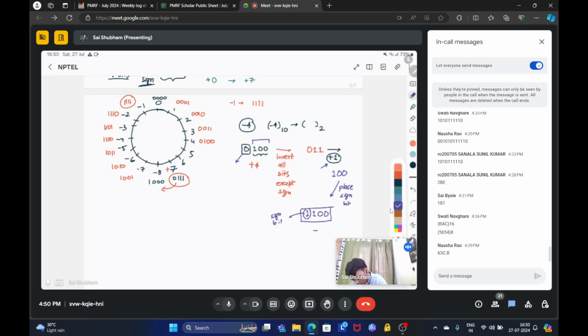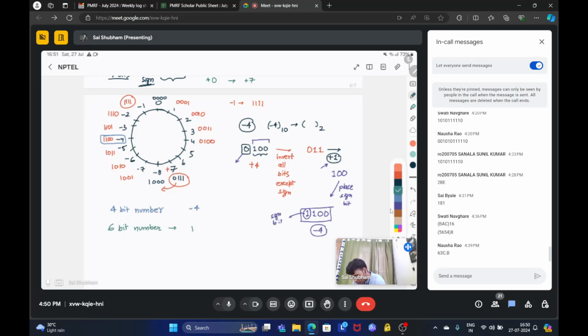So this is your minus 4, and you can verify this from the wheel that this is the same number. 1100. But the catch is that here we have specified that this is a 4-bit number. Okay, in a 4-bit number we have represented minus 4. If we have to represent minus 4 in 6-bit number,